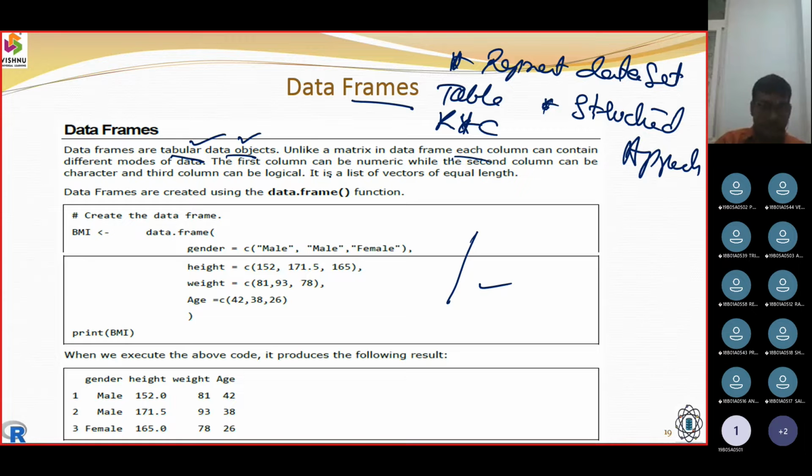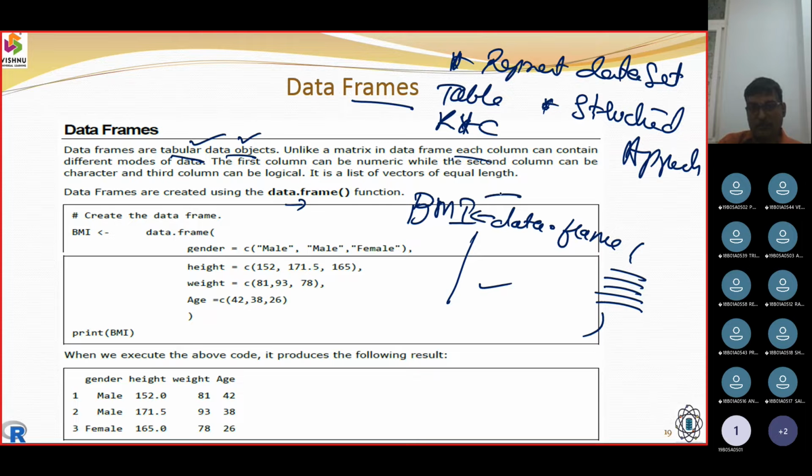So let us see an example. In this example, we are going to create a data frame using data.frame, put in all the essential elements and close it, and I'm creating a variable called BMI. BMI stands for body mass index.